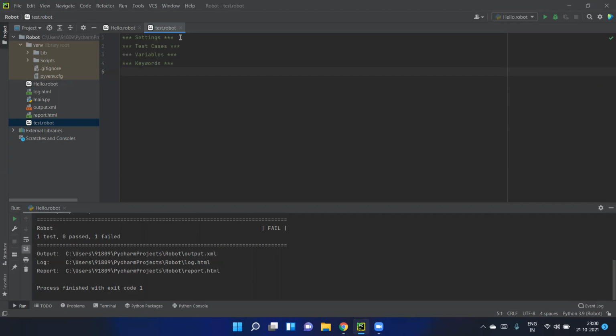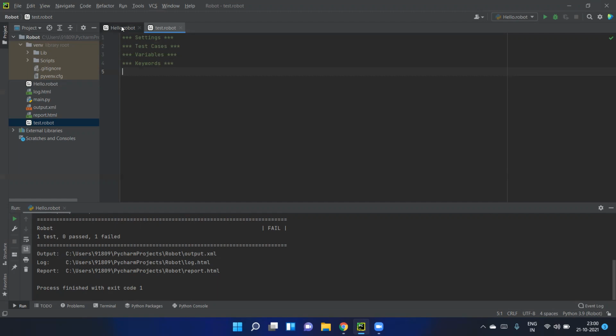And variables. Let's say you're going to repeat some value again and again in the different test cases or the different areas, then you will create the variables and use them. It will be very easy to handle the variables rather than updating every place for the given value. It's a general concept in any programming. So these are the different sections that we have discussed.